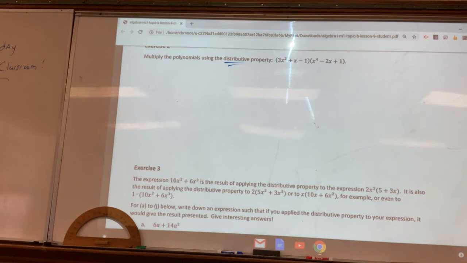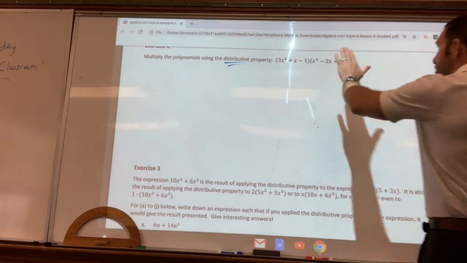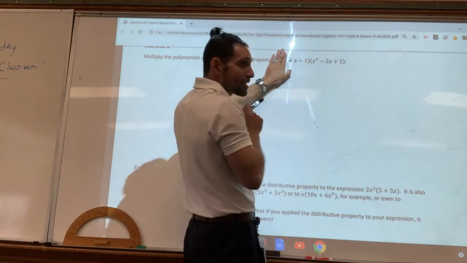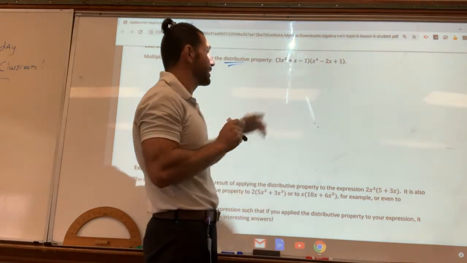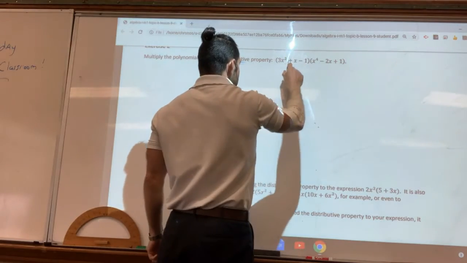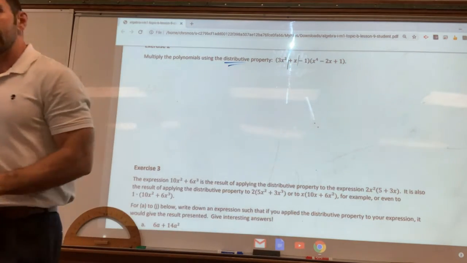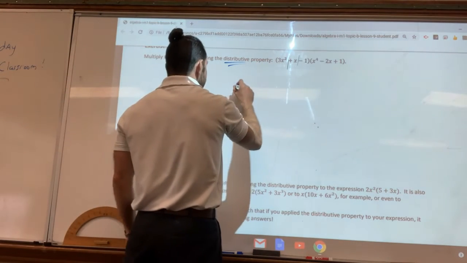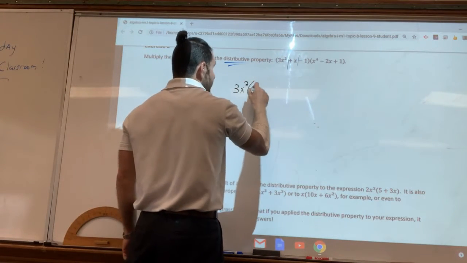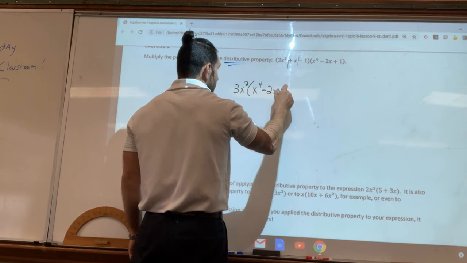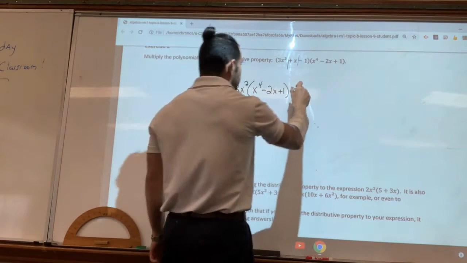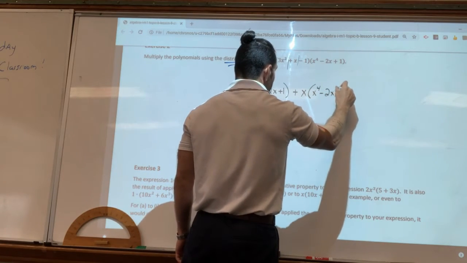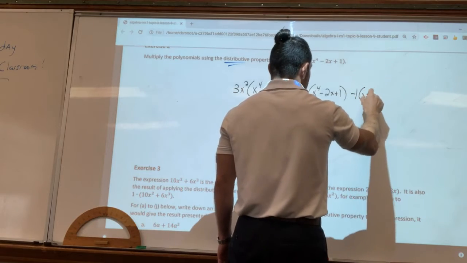If I had one term smack dab in front of the parentheses, I would take 3x squared and multiply it to everything. If I just had x, I'd take x and multiply it to everything. If I had -1, I'd take -1 and multiply it to everything. So here's what I do. I put breaking points in between the term and the sign. Because now I know that I have to take 3x squared and multiply it to the whole thing. What else do I need to take? I need to take a positive x and multiply it to the whole other thing. And I need to take -1